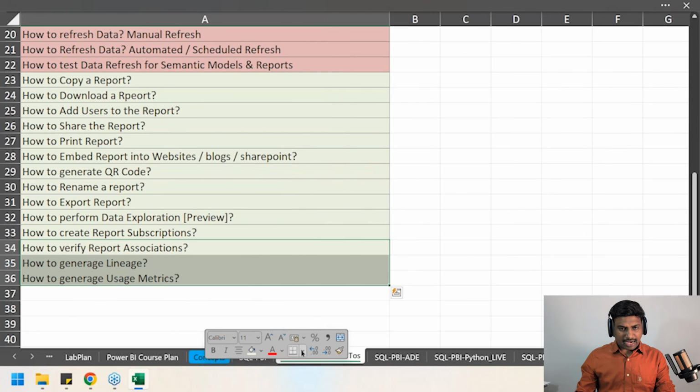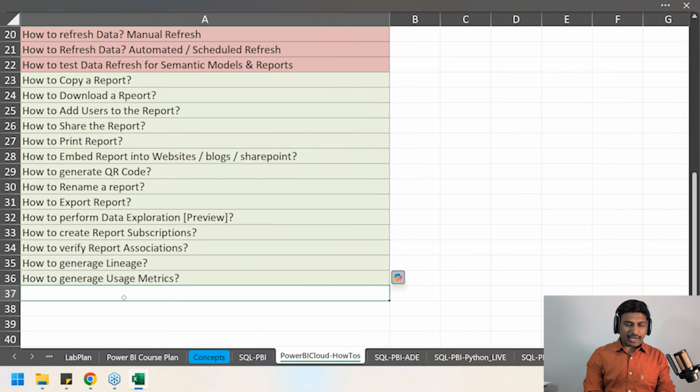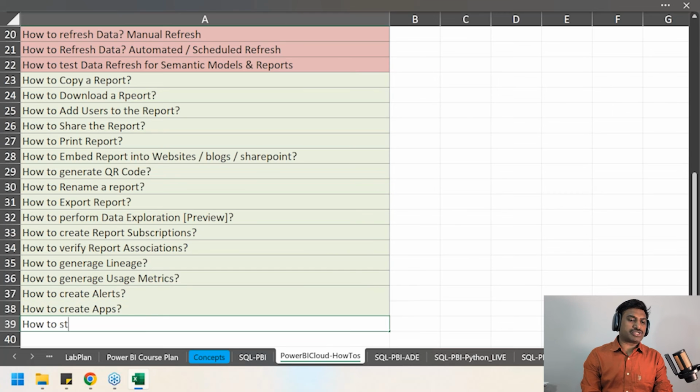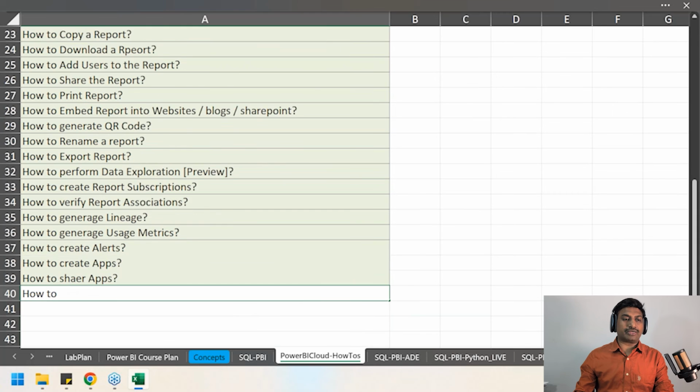Next, our next activity is tomorrow. We are going to learn how to create alerts, how to create apps, how to share apps, and how to, sorry for the typo,